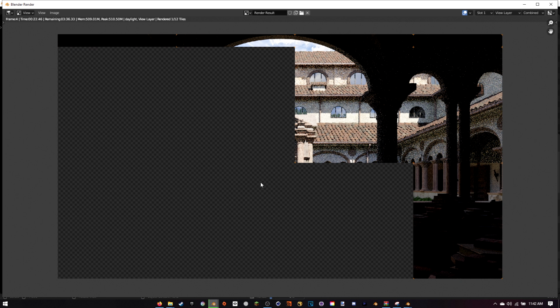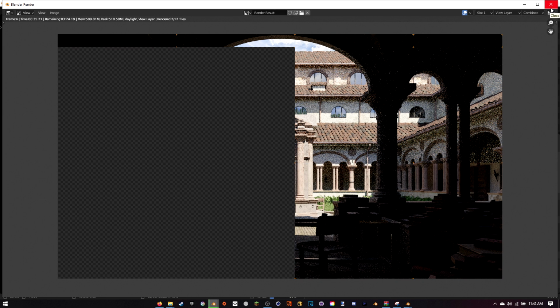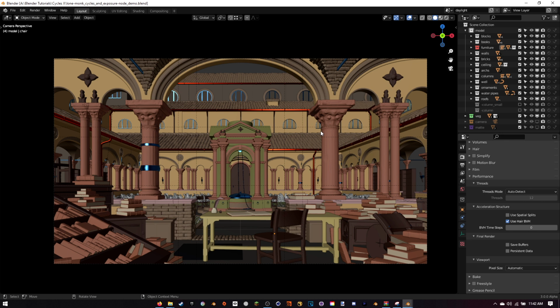And so that is what the old version of Cycles is doing. It's basically taking each chunk out of the image and rendering that individual chunk and then moving on. So that just kind of slows down the process, and that's one of the things that Cycles X has improved on. Now because of this, Cycles X is actually way faster at rendering out certain scenes inside of